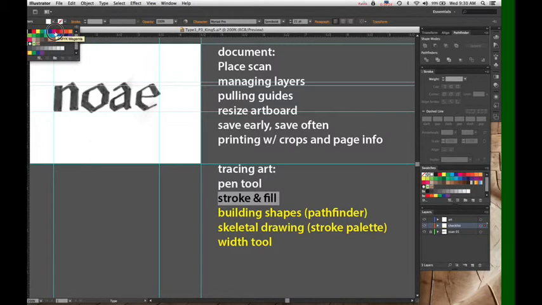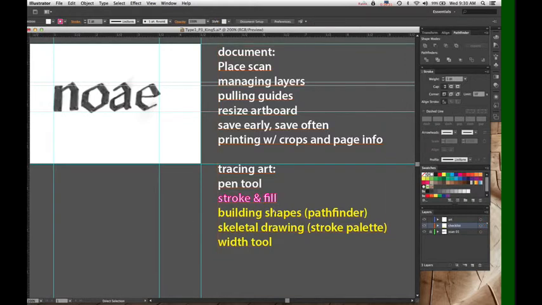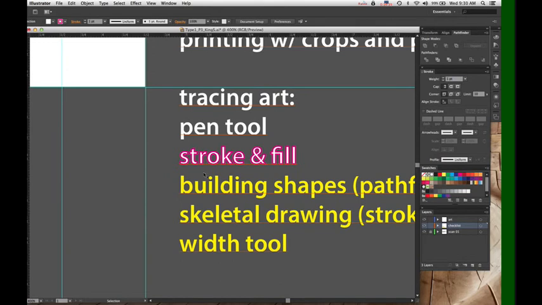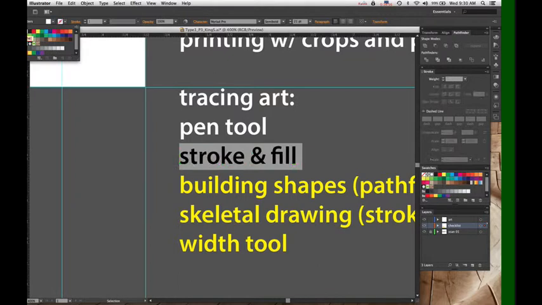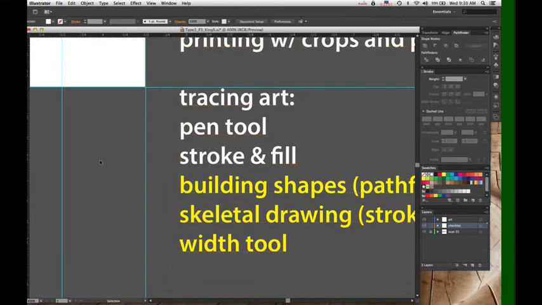If I add an ugly magenta outline to this piece of type, you can see that not only does it not look very nice, it also changes the shapes of the letters. Because stroke is based on the outline and it adds evenly to both sides of that outline, it actually distorts the letter forms. So when you are coloring type, you want to leave it with no stroke, and just change the fill color.